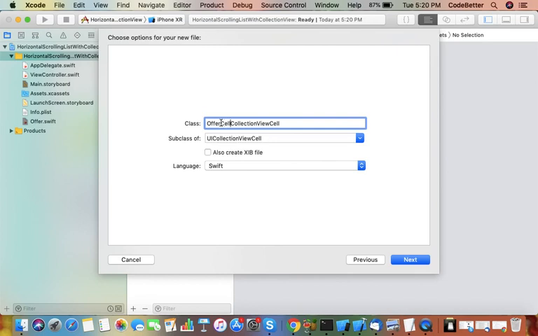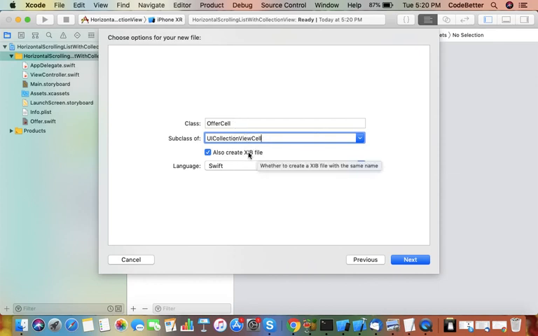So its name is automatically updated to offer cell collection view, but we keep it simple, so we just make it offer cell. Also we check on also create XIB. So it will generate two files. One is XIB, that is the design file, and another is the class of the cell.